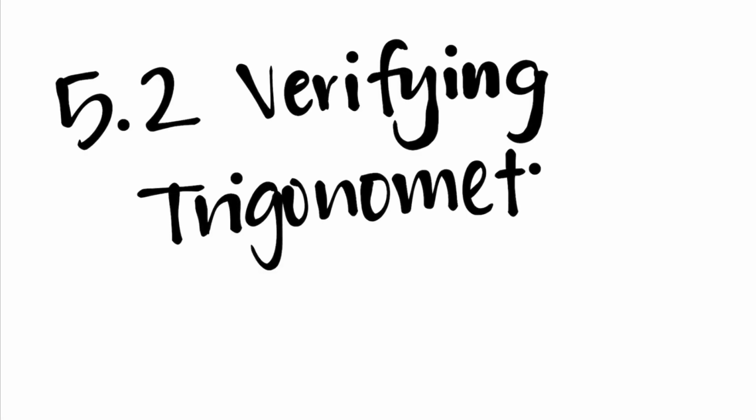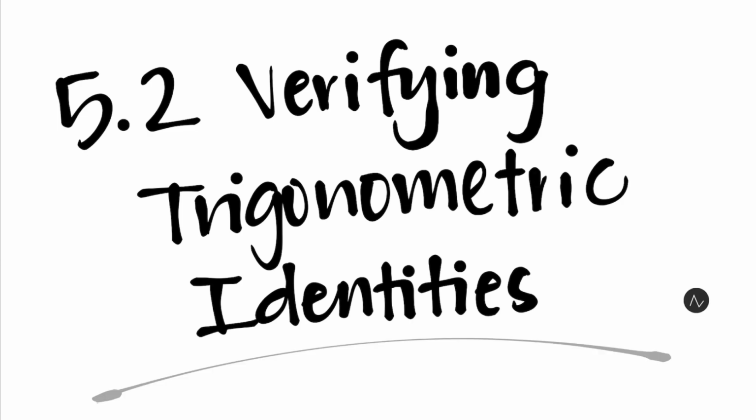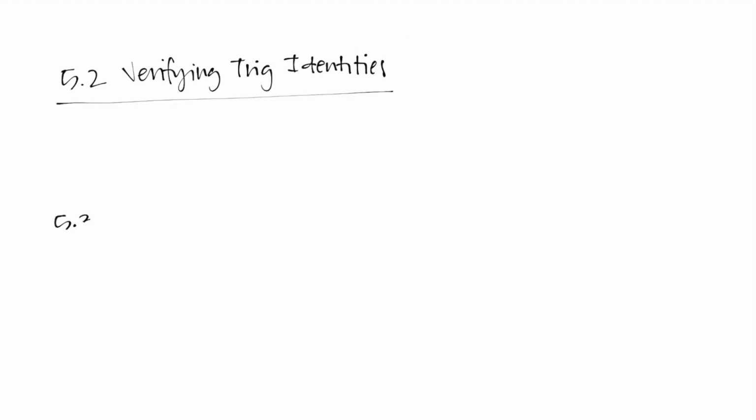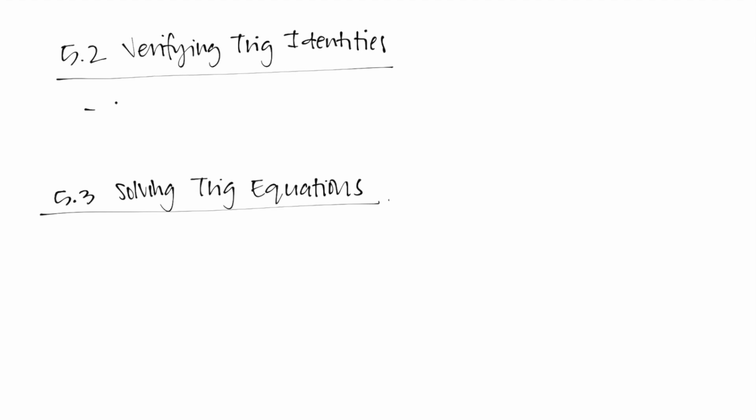This is section 5.2, verifying trig identities, trigonometric identities. Now, sections 5.2 and 5.3 coming up do have a little bit of overlap, a little bit of similarity, where 5.2 is verifying trig identities, whereas 5.3 is solving trig equations. Now, the goal of 5.2 is to study the specific techniques that we're going to use to verify these trig